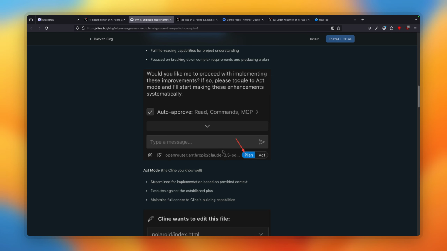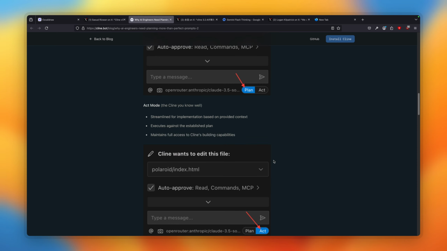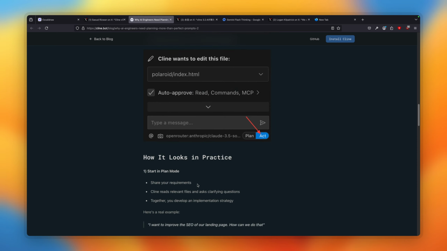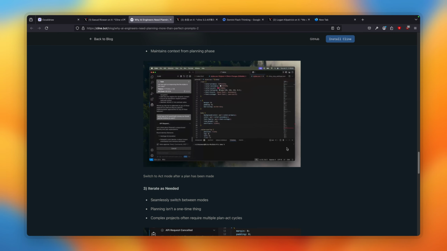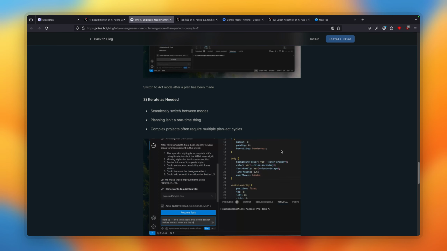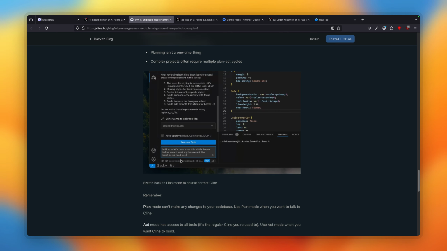Once you've done the plan, we can go into the act mode, and the act mode is just like every other Cline how it was before. It does the API call, it makes the edits, and it executes what you're requesting in your prompt. That's what we are going to do today. I'm gonna show you guys how to update Cline so you can have this feature and switch between the modes. And then the second update I want to show you guys